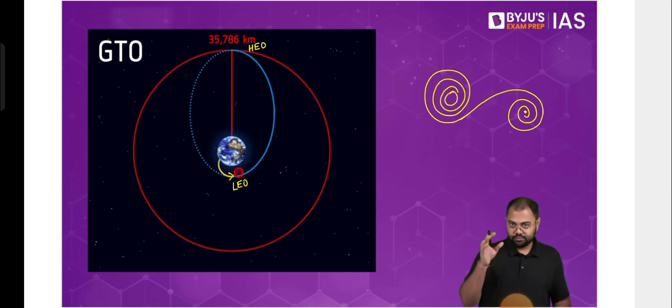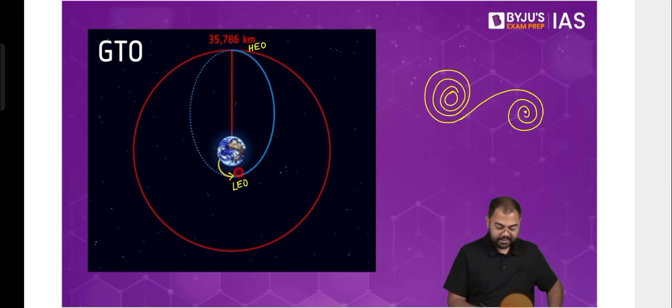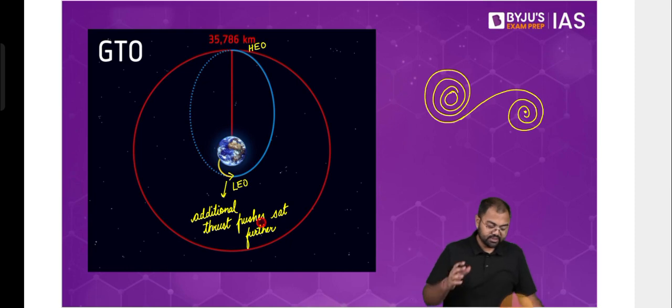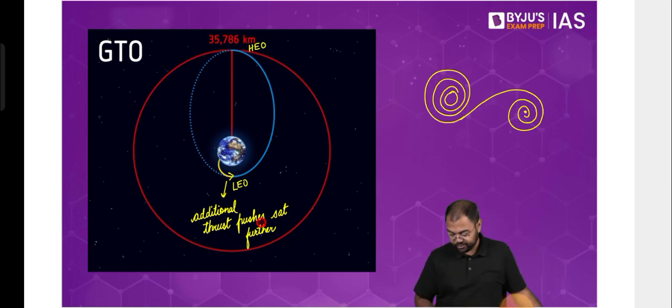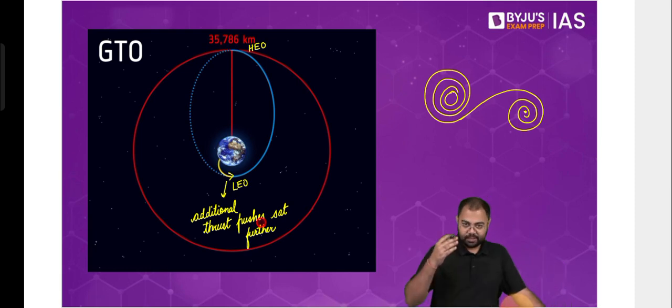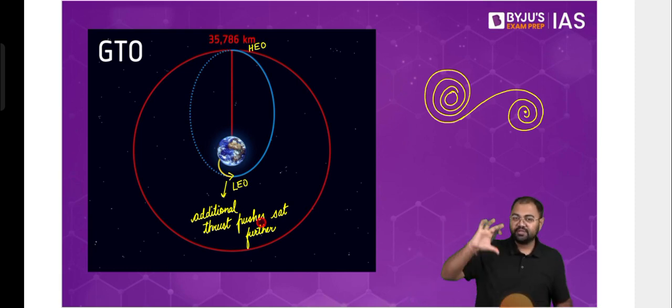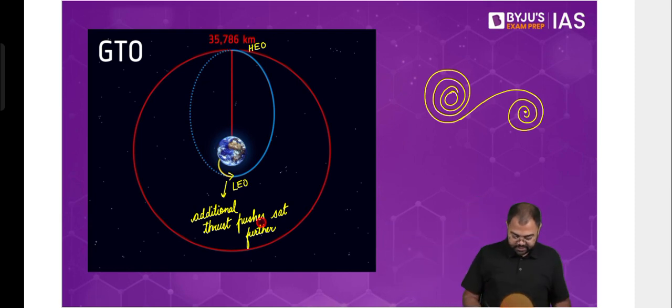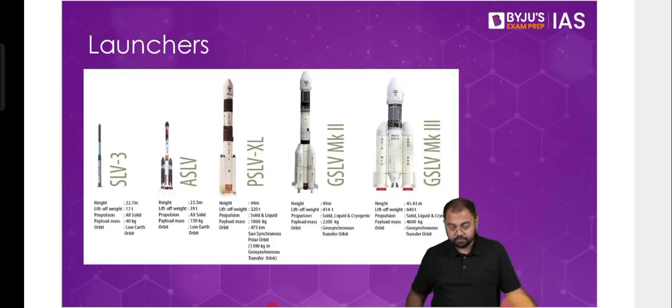what we do is that at the point where the launch vehicle cannot go any further, an additional thrust is required. An additional thrust pushes the satellites further. So this is what we see in the case of a geosynchronous transfer orbit. This is purely based on physics, on how we calculate the perigee and the apogee, and based on the difference between the perigee and the apogee, we do the calculation so that once you push the satellite, it will be able to move on its own and reach the required point that you need. So this is how all these phenomena with regards to the orbits work.